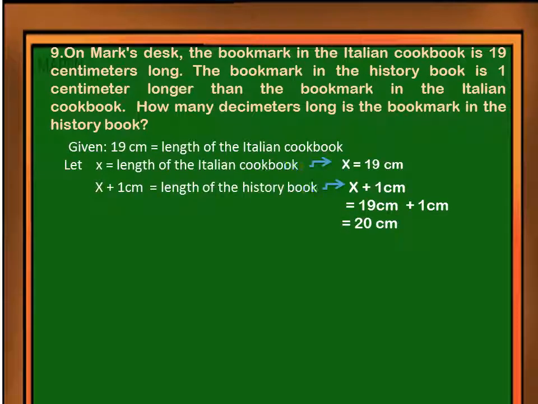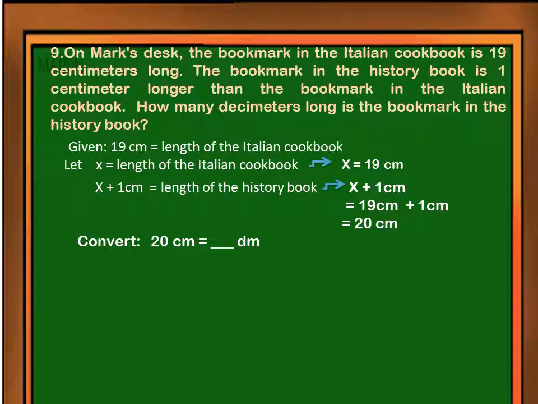Let x equals length of the Italian cookbook, which is 19 centimeters. X plus 1 centimeter equals length of the history book, since the length of the history book is 1 centimeter longer than the Italian cookbook. X plus 1 centimeter equals 19 centimeters plus 1 centimeter equals 20 centimeters is the length of the history book. Now, convert 20 centimeters to decimeters to know how many decimeters long is the bookmark in